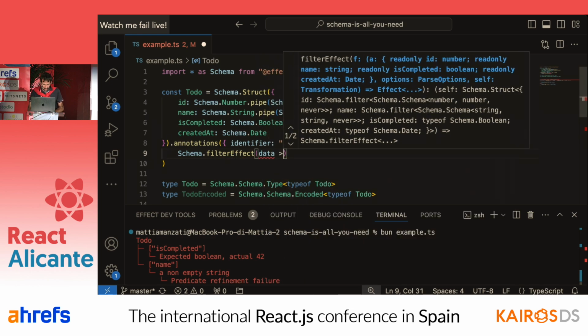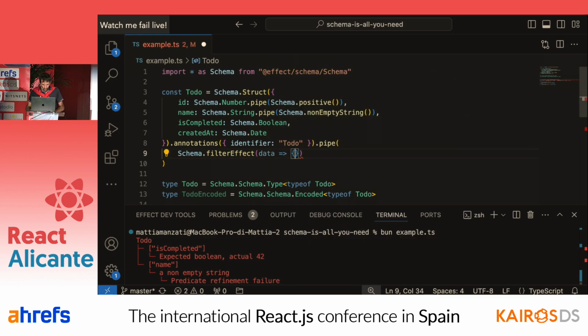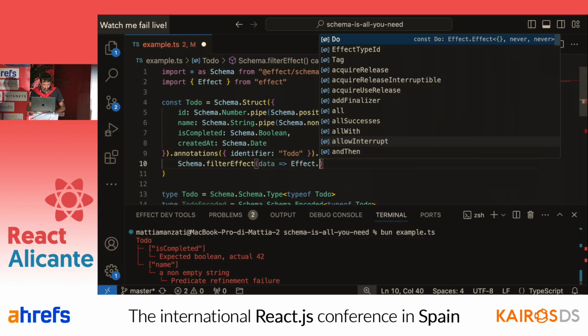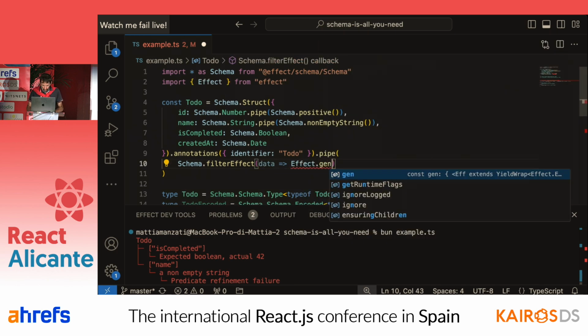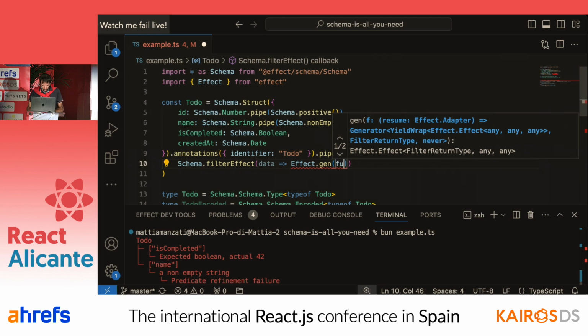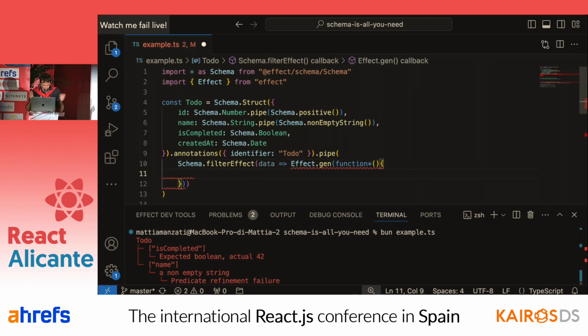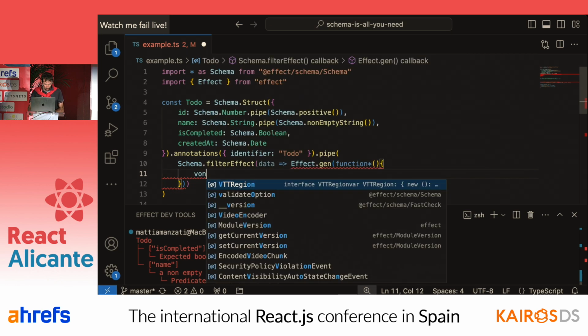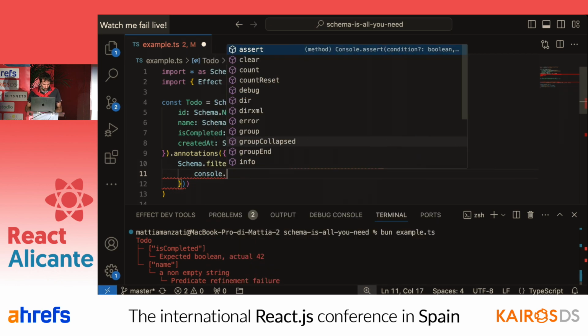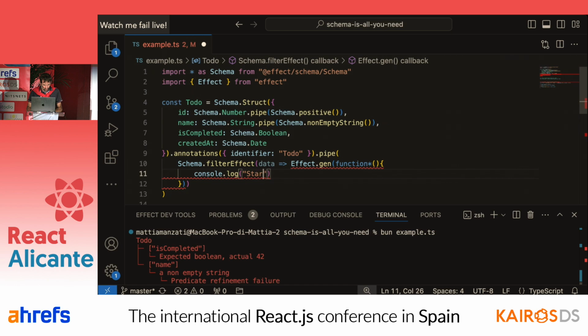We'll receive the data structure. And now we can perform async stuff like Effect.gen, function. We can create an arbitrary delay, something like console.log, starting validation.